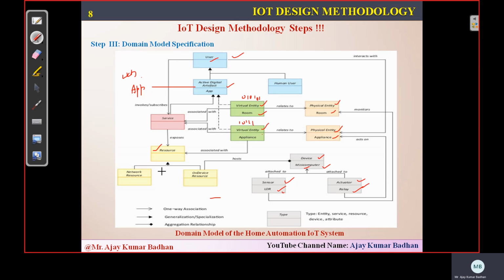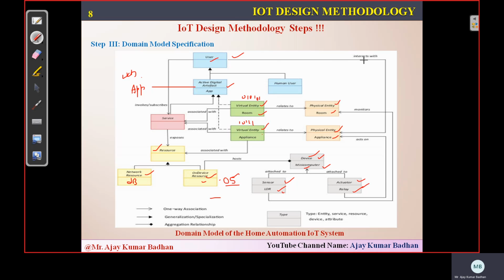Now here we also have another one, called resources. We already discussed that we have network resources and on-device resources. On-device means whatever resources we use on the physical device. Who is going to host this? The device. So the mini computer might have some application, some operating system. Here, an on-device resource can be an operating system. Like in your laptop, you might be using Windows 8 or Windows 7. Same way, the mini computer will have some kind of operating system related to IoT deployed here. Network resource, as I told you, is the database we are using, which comes under your network database.